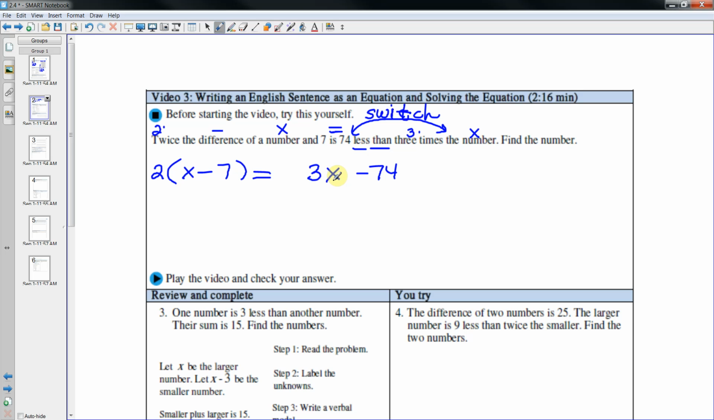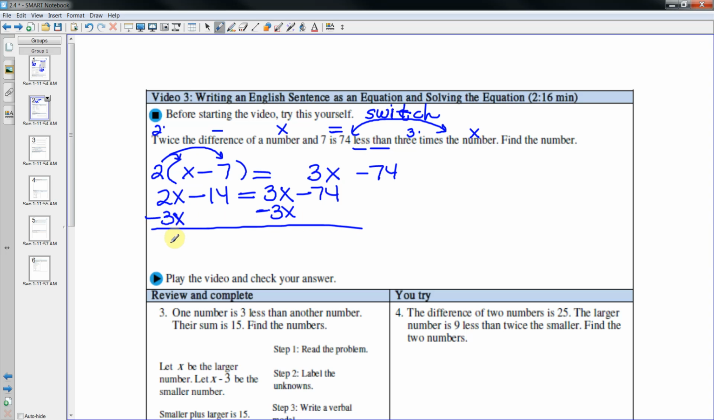Okay, now on this one I've got parentheses, so let's clear the parentheses. So 2x minus 14 equals 3x minus 74. Let's bring our x's to one side. So subtract 3x from both sides. I don't know if you noticed, but I generally bring all my x's to the left side if I've got a choice. 2x minus 3x gives me negative x, but I can always divide by that negative 1 at the